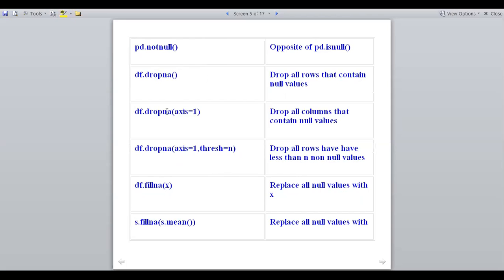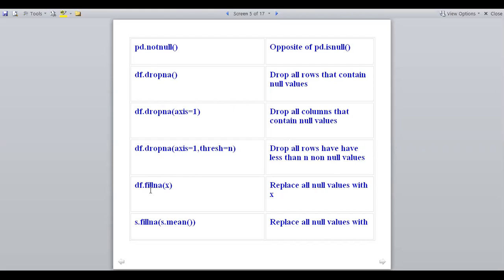So df.dropna(axis=1) drops all the columns that contain a null value; all will be dropped. Now df.dropna(axis=1, thresh=n) drops all the rows having fewer than n non-null values.